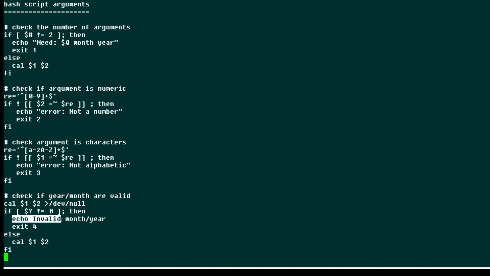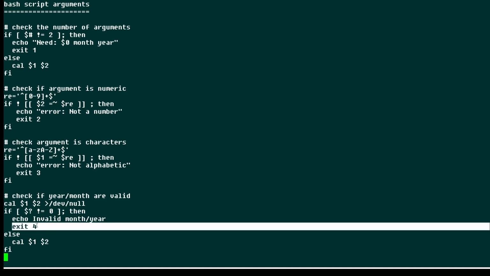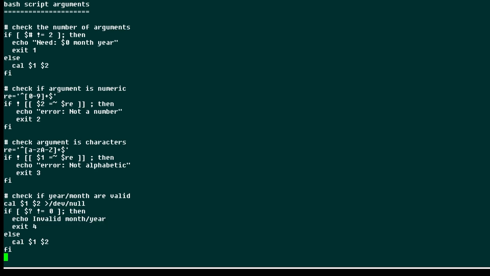Then we're going to echo invalid month year and exit with an error code of 4. Otherwise, we're going to run the cal command with those two arguments, knowing that it's going to be fully successful. Well, that is your Linux tip for working with bash arguments.